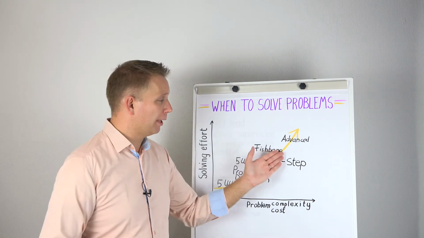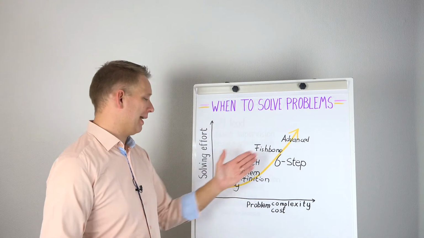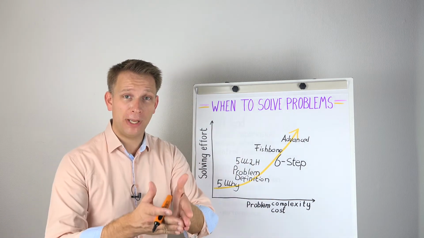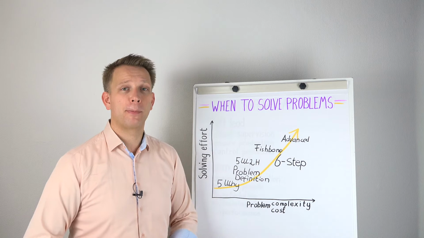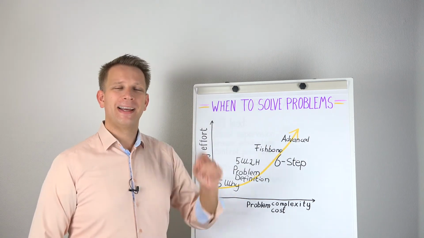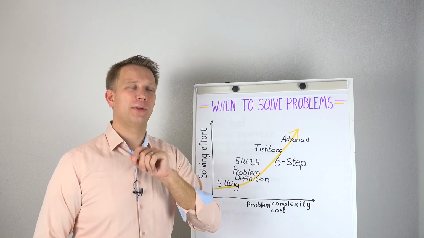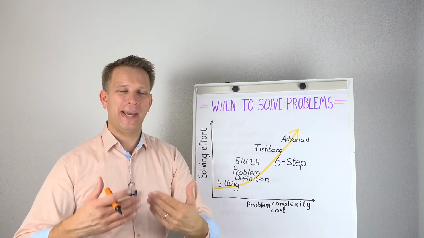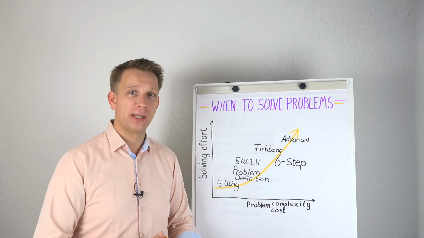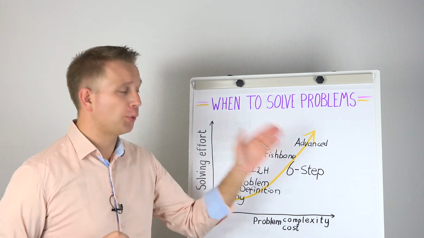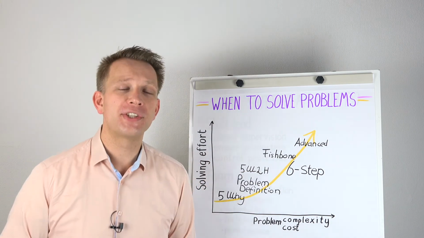Then you get into the basic Fishbone and back to the 5Y. So you broaden your scope and then you narrow down to the root cause. And then you implement countermeasures. Well, implementing countermeasures you have to do in all of them. And then you check if those countermeasures that you implemented are sustainable, if they are embedded in the systems of your organization. So you basically always go for problem solving through the 6 steps, just not always in the fully